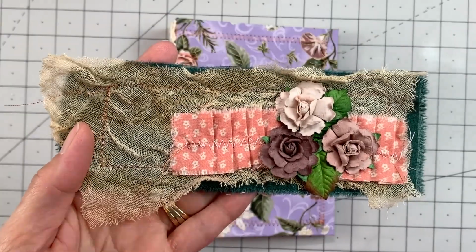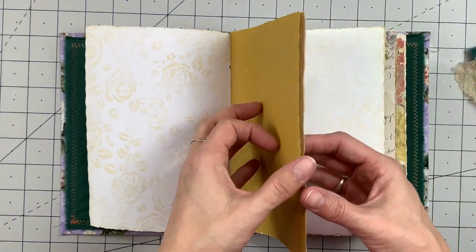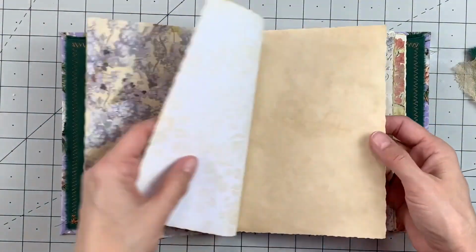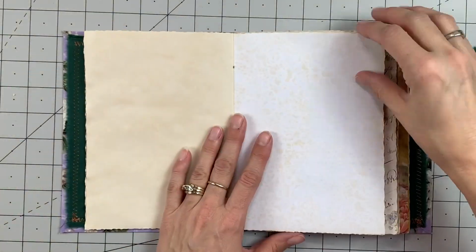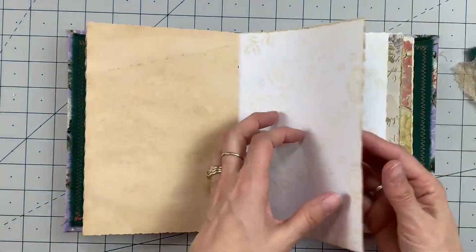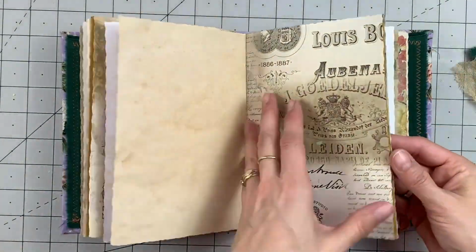Hi everyone, I'm just sharing what this junk journal looks like. I am working on a little purple junk journal, and the pages that I'm using that are printable came from a Shabby Dabby Doodah kit on Etsy. And you can see here I'm just showing you all the pages. It's a really quick flip through just so you can see what the album looks like before I do any